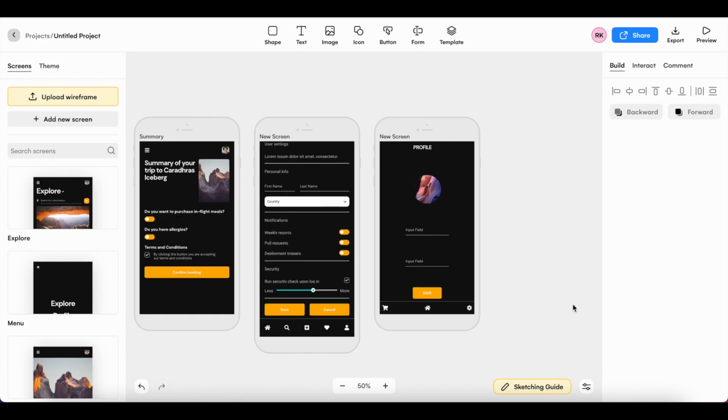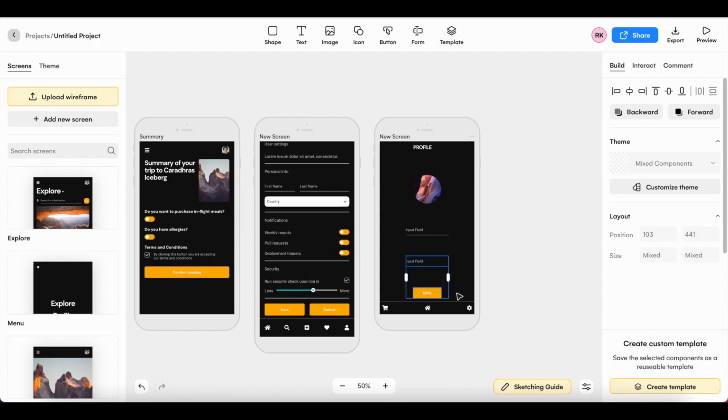Editing is super easy and straightforward inside of Wizard. If you ever use presentation software, you're going to find it easy to edit. First thing I'm going to do is move some of these components so they are positioned in a better place. As you can see, when I move any component, I get guidelines to help me position them in regards to other components within the screen.